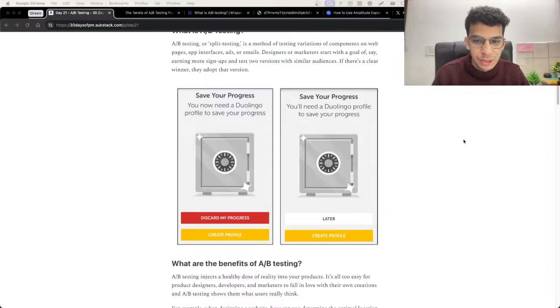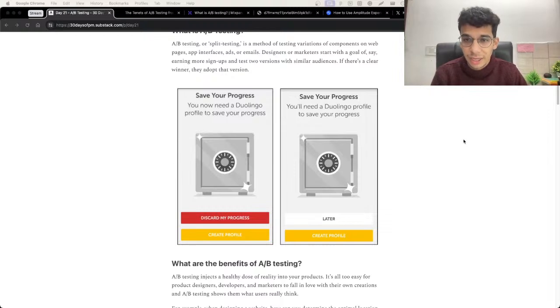So everything goes to zero. Or they had an option to save the progress by creating a profile or do this later, right? You might think probably the second one is more helpful, but it's important to understand